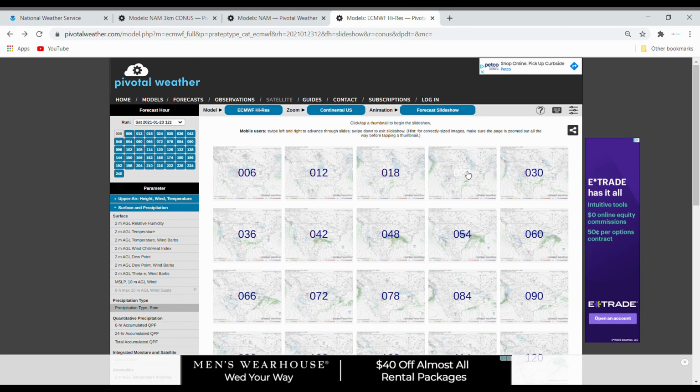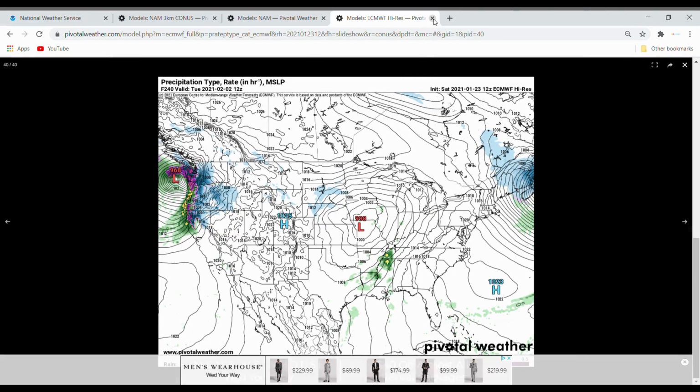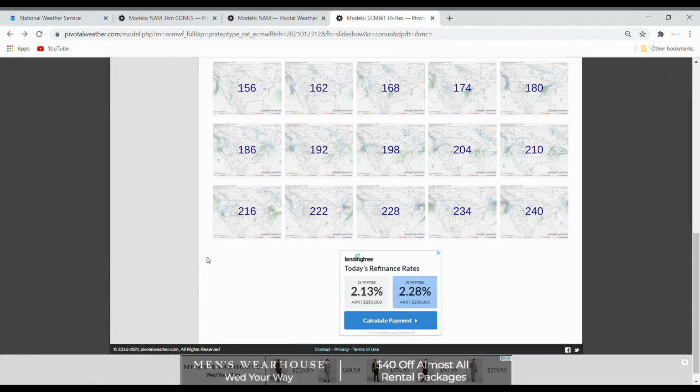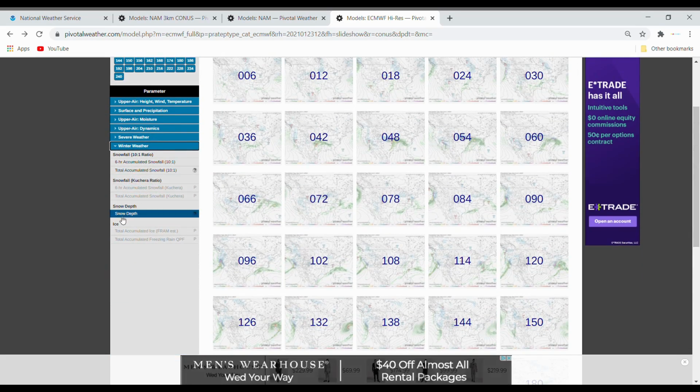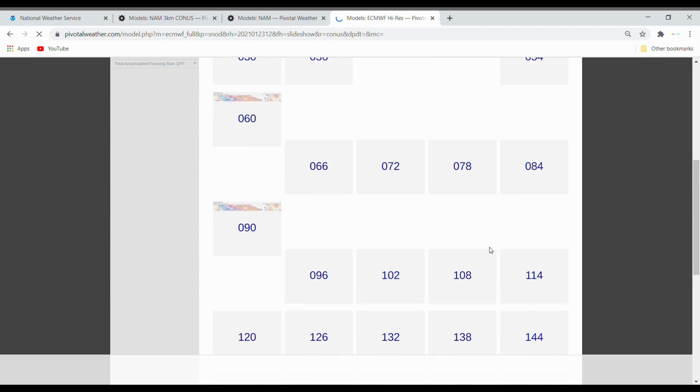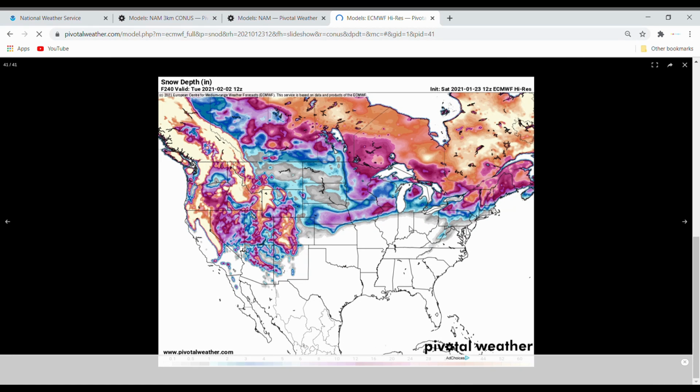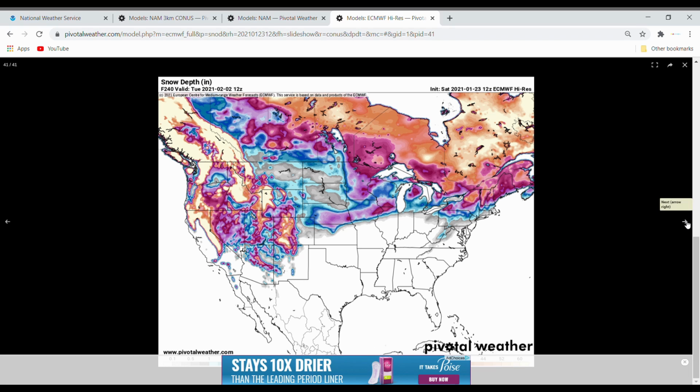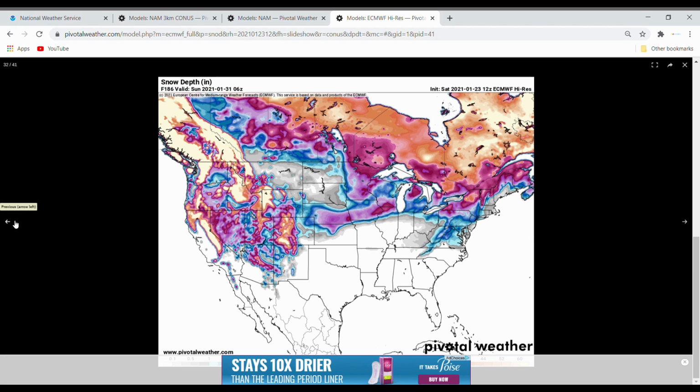Now let's go to the European model just to check in on this next snowstorm here. Let's go to some snow depth. You'll actually see both of these systems. You can see that some of the snow from this next snowstorm is going to be occurring earlier next week, and will be really melting away at the time of late next week. But we start to see that we are probably going to see, yeah, right there.